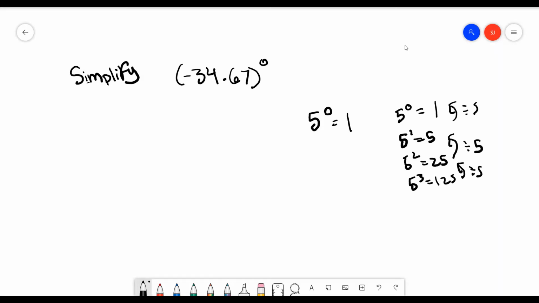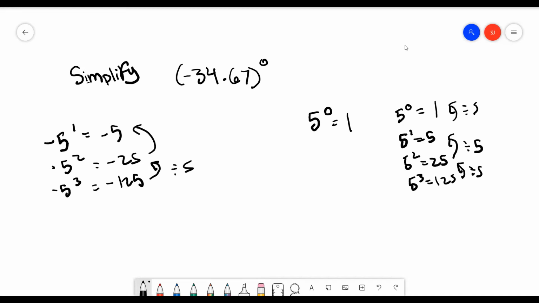Now let's do negative exponents. Negative 5 to the power of 1 equals negative 5. Negative 5 to the power of 2 equals negative 25. Negative 5 to the power of 3 equals negative 125. So that means this is just divided by 5 each time. So negative 5 divided by 5 should equal